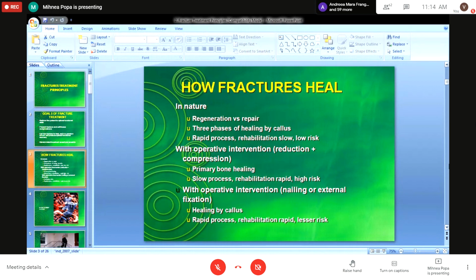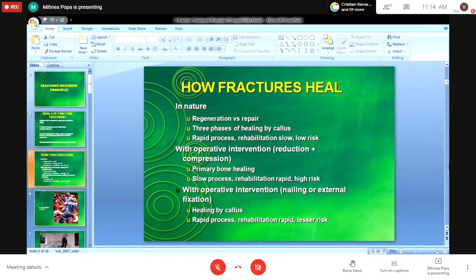So intramedullary nailing and natural healing are very similar because the process goes through, you can see here, 3 phases, but there are 3 or 4 depending on the author, 3 or 4 healing phases of the